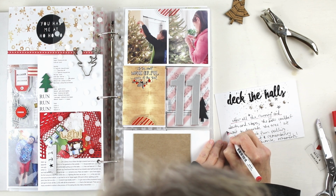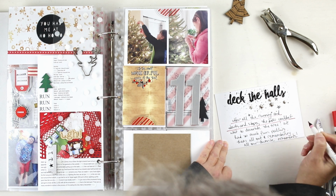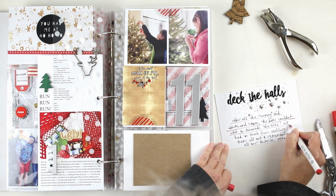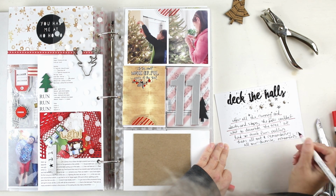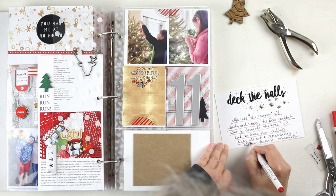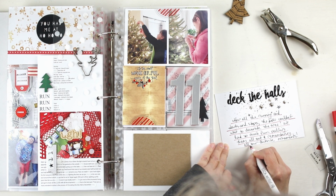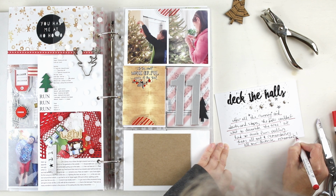I'm just gonna do messy, rough lines. This pen is old, and that's okay. Just go with it. Okay,